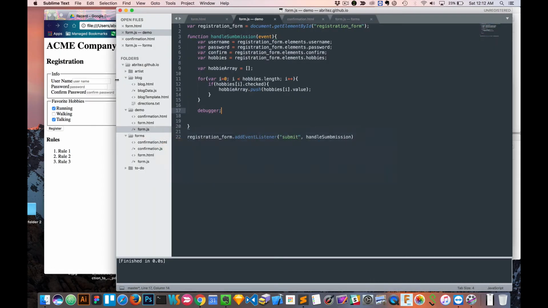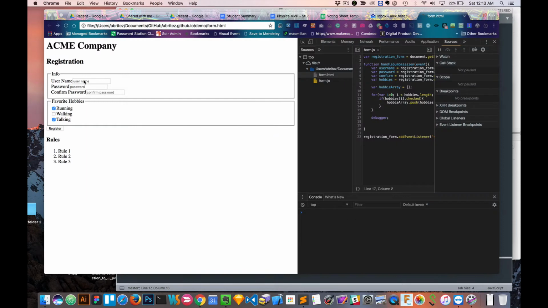So we were definitely getting somewhere here. Now we have hobbies, right? The next thing that we want to do is we want to do our first validation, right? So the first validation is username. We want to make sure it's got more than 3 characters, right? So let's say if, so how do we figure out how many characters username has? So we know username is here, right? Username's there, and the way that we would be able to get that, let's just say here,